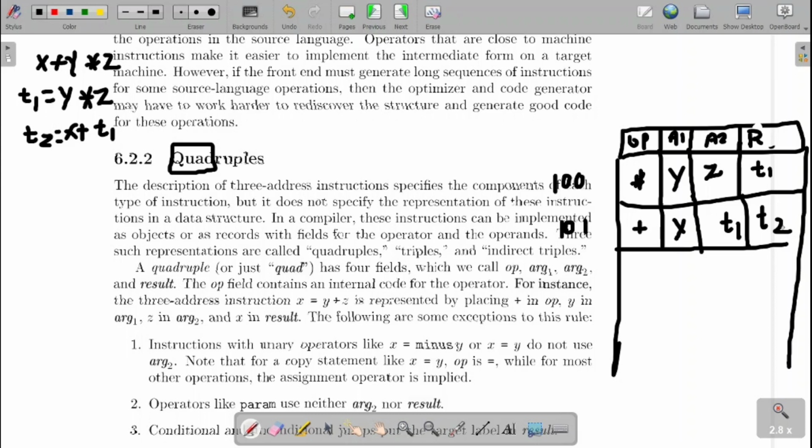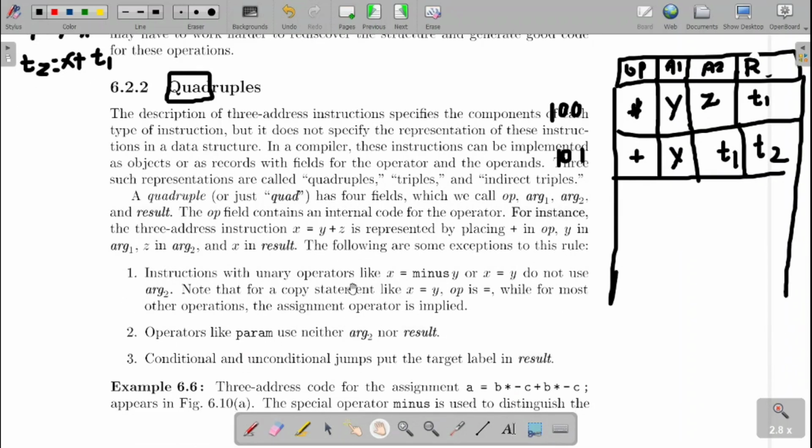Now the obvious question appears. It works well for the binary operator, but what about the unary operator? Suppose I have minus y. Since minus already has a binary meaning, let me write it in words as minus. To represent this, we write minus, argument 1 is y.